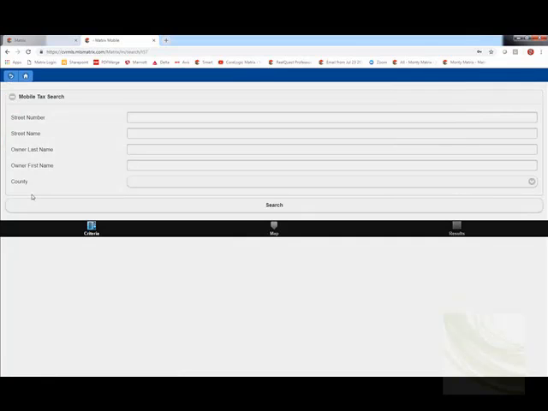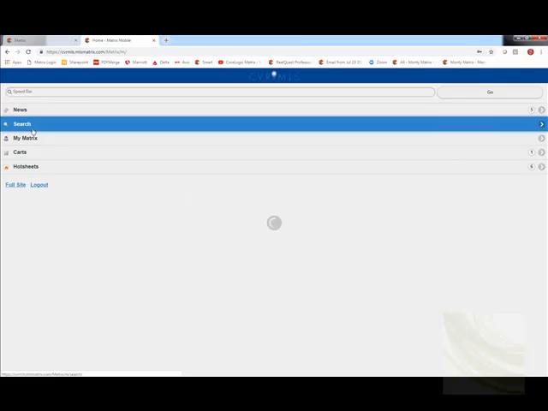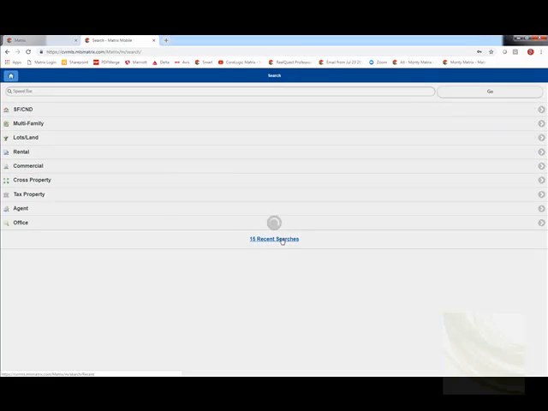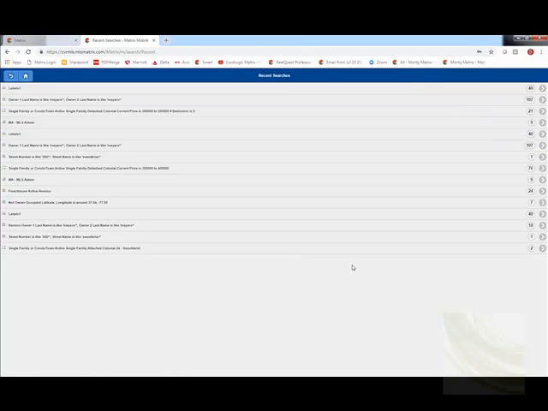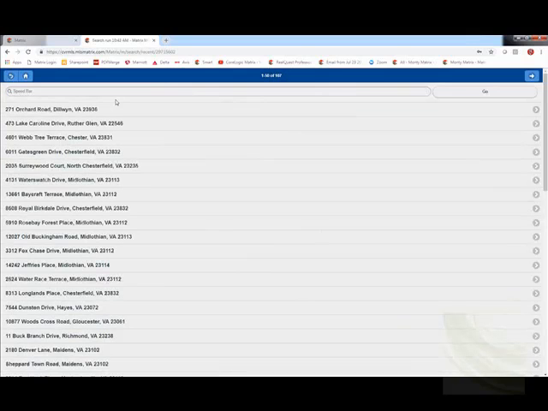So when you click there, you'll be able to search for a property by street number, street name, owner name, first name, and county. It will also remember the last 15 searches that you've done. So if I did a search in the office and I want to pull up that search here, like I did earlier for my last name, and I click there, here are all of those properties that I found earlier